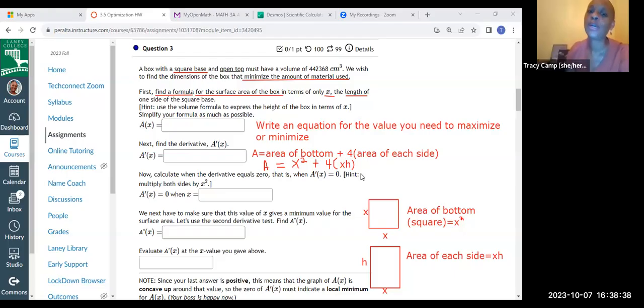And so we need to have just one variable involved on the right side of the equation. So we just have area as a function of X, as they specifically say they want. So this is where we use the other information that we're given, which is that the volume of this box has to be, they tell us,